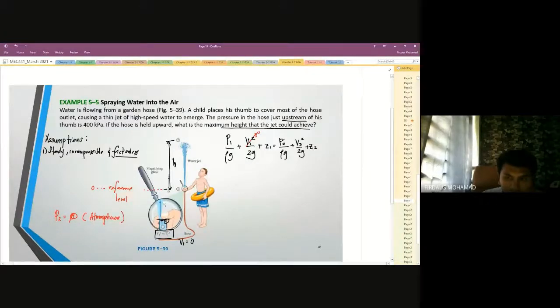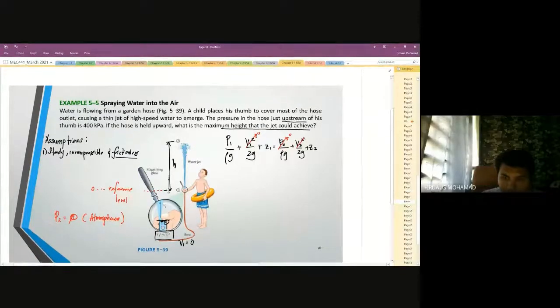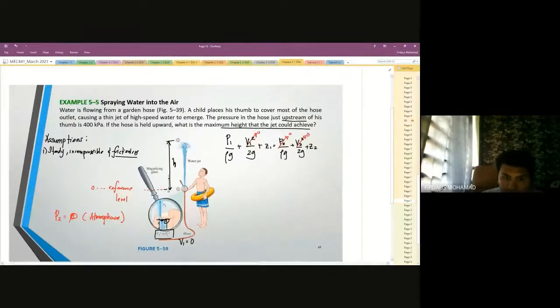Okay, so P2, V2 kosong. Kosong sebab apa? Berhenti. Sebab dekat surface ni this is the maximum. So maknanya tak ada velocity dah kat sini. Okay, so that's why velocity is 0. Okay, so Z2 kita carilah. Kita dah simplify, maknanya kita boleh dapatlah Z2